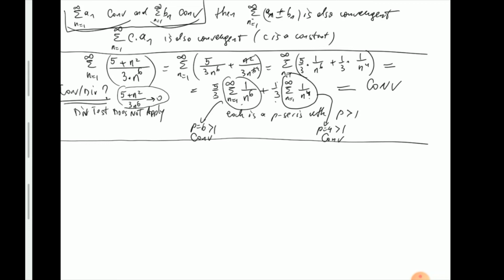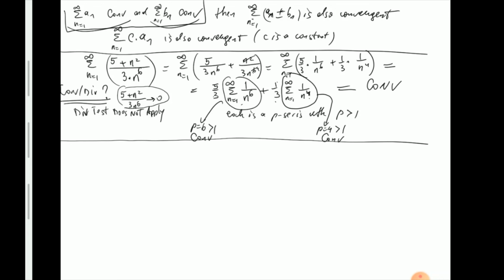It's just a matter of recognizing whether it is made of p-series or some other series that you know. Be aware that p-series sometimes can be quite ugly in terms of the exponents. They're still p-series, which means they are easy to analyze from the p-series test. So for example,